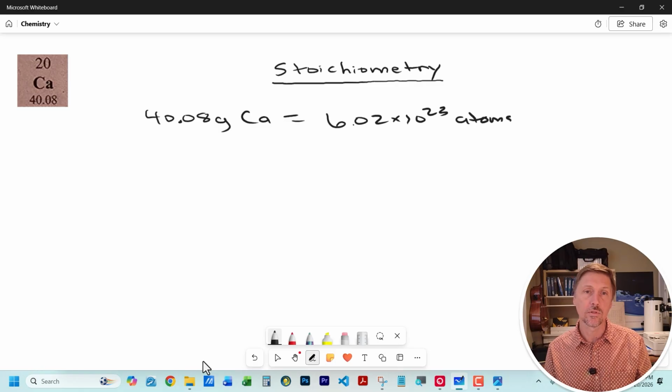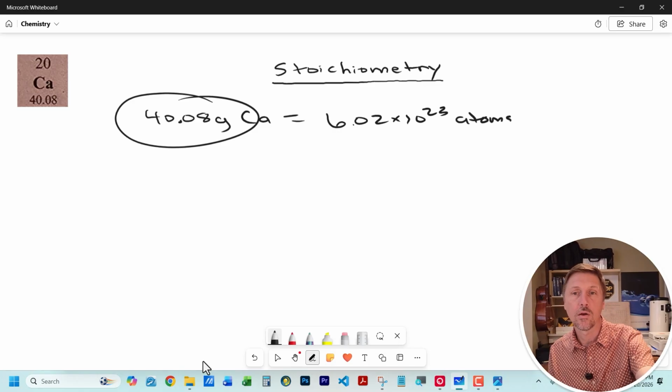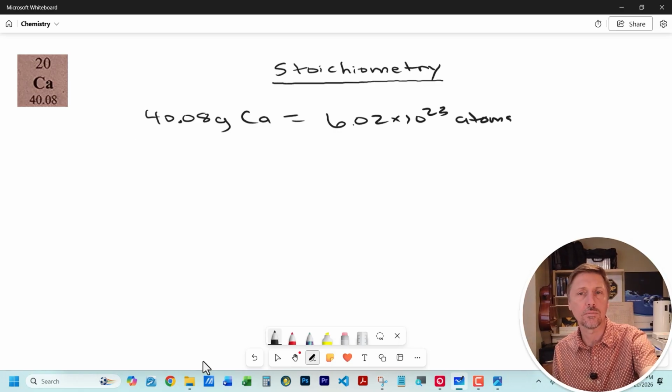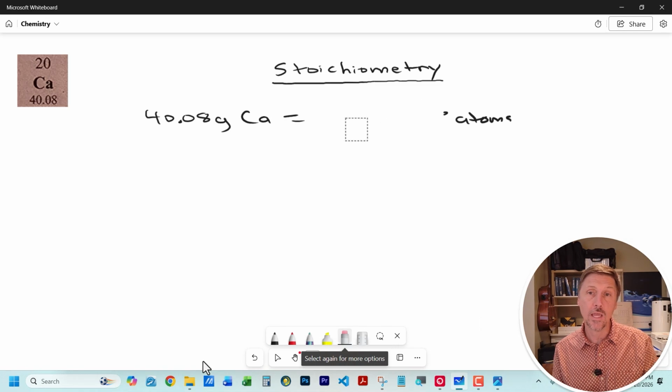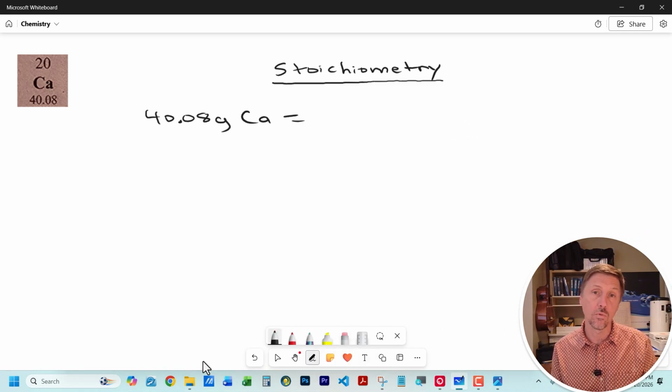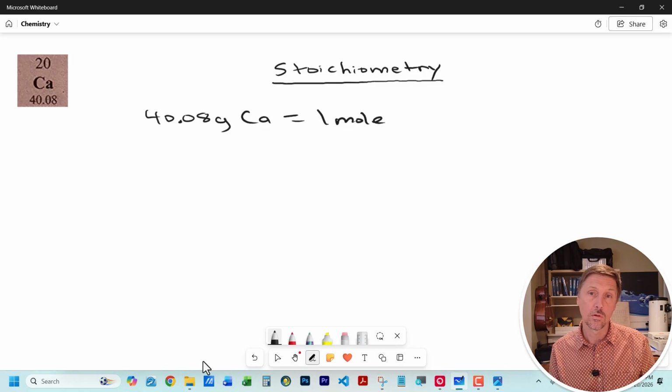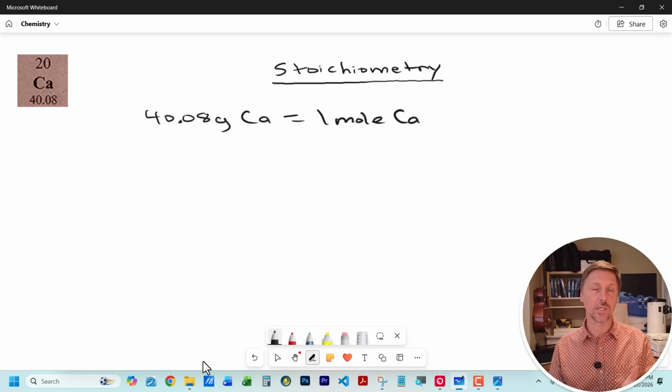That many atoms has a mass of 40.08 grams. All right, but what did we say 6.02 times 10 to the 23 was? Well, that's the number of moles. So what we're going to say is that 40.08 grams of calcium is equal to 1 mole of calcium. All right, if we have a mole of calcium atoms, it's going to equal